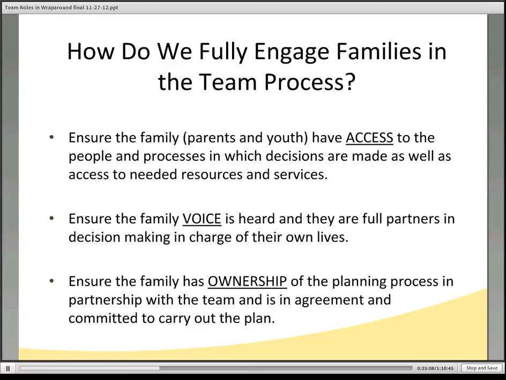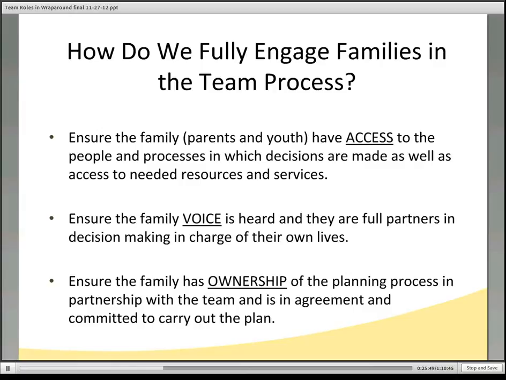And we've done a lot of research on this to try and figure out what the elements are that need to be present when we are able to really fully engage families. And this work that you see on this slide was done by Dr. John Whitbeck out of the state of Washington. He did a research project to look at, when we get good outcomes for kids and families, what are the elements that are present? And what came back after several iterations of the project were that there were three surprising things that were present: